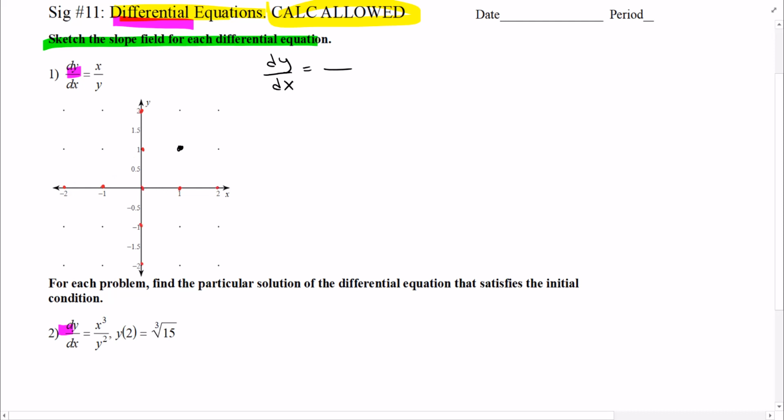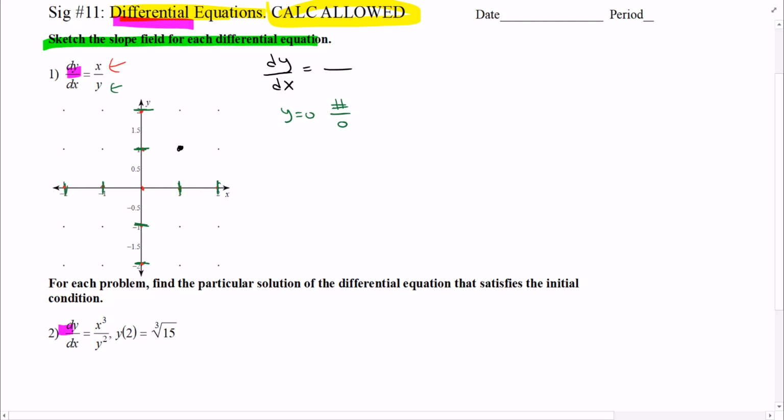All right, so I need to sketch all those points. There's a lot. So you want to look for patterns, right? So one thing I notice is if x is 0, imagine x is 0. You can have 0 over some number, which 0 divided by some number is simply 0. So everywhere that the x coordinate is 0, we're going to have 0 slopes, with the exception when y is 0. Because what happens when y is 0? Well, when y is 0, you have some number. So if y equals 0, you have some number divided by 0, right? And that's going to be undefined,